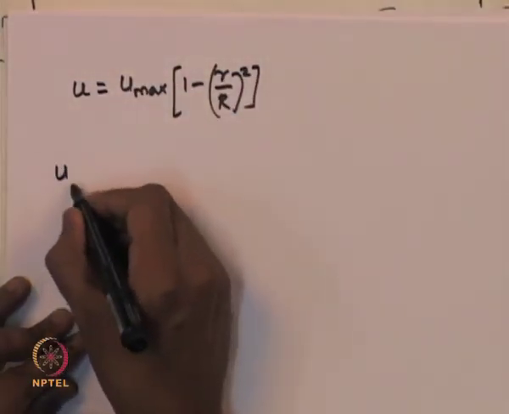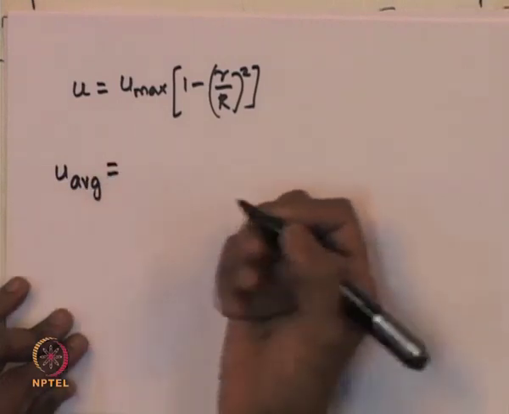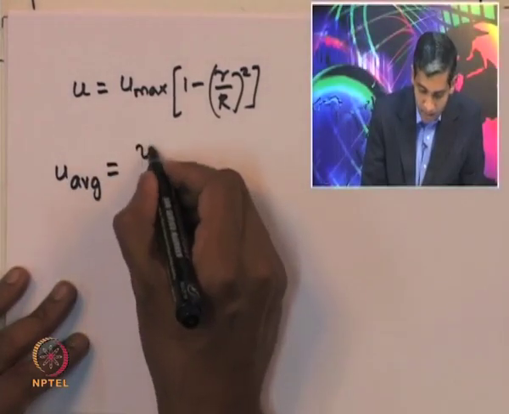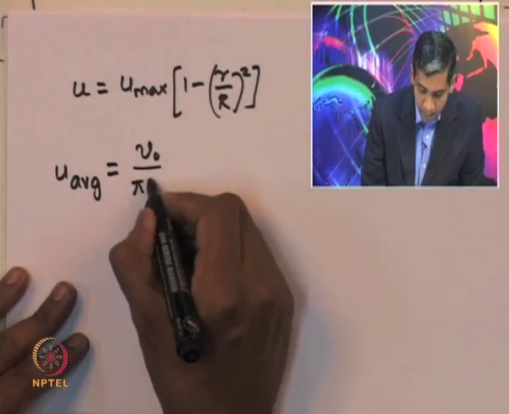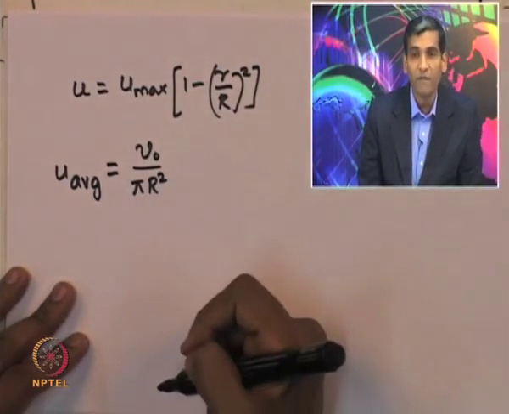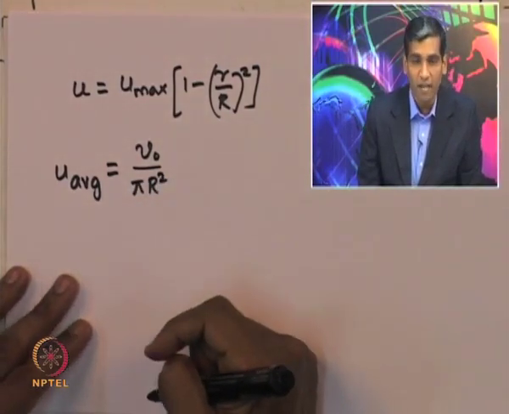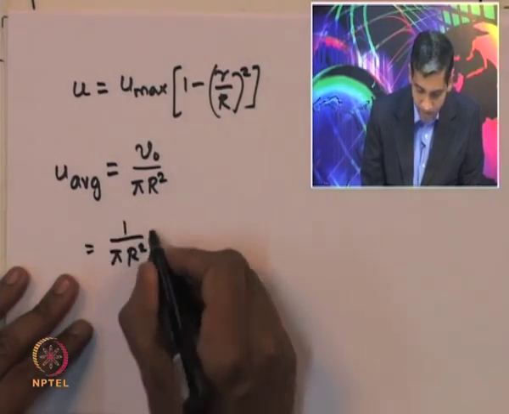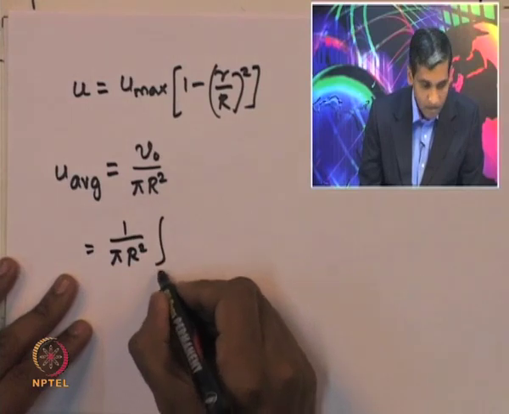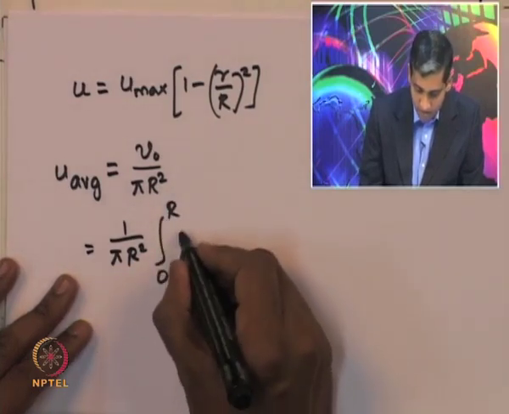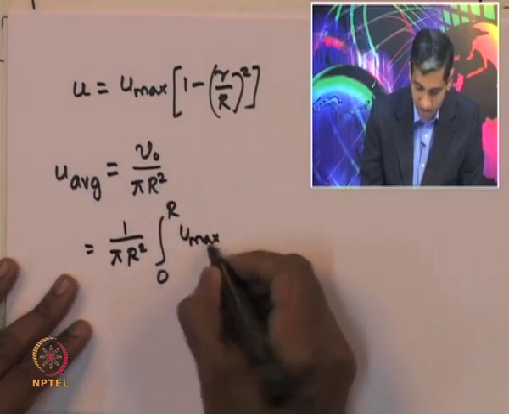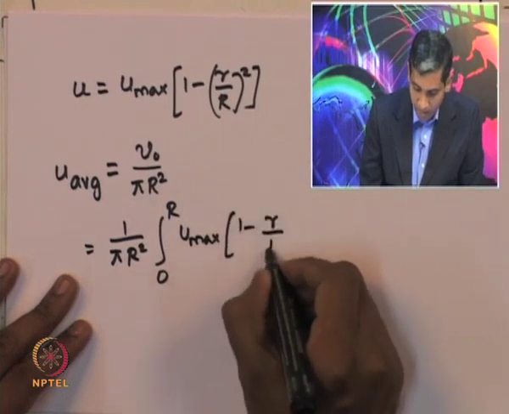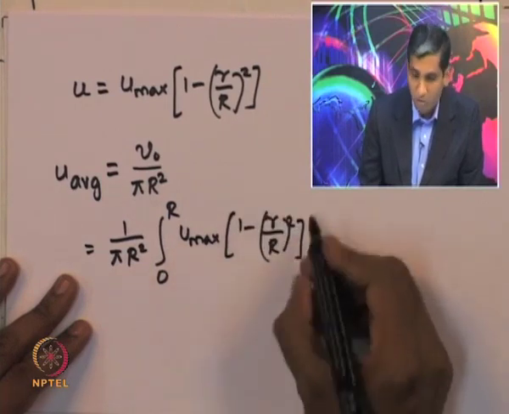So, u average, the average velocity at a given cross section, is given by the volumetric flow rate divided by the area of the reactor at that cross section, and that is 1 by pi R square into the integral 0 to R of u max into 1 minus r by R the whole square into 2 pi r